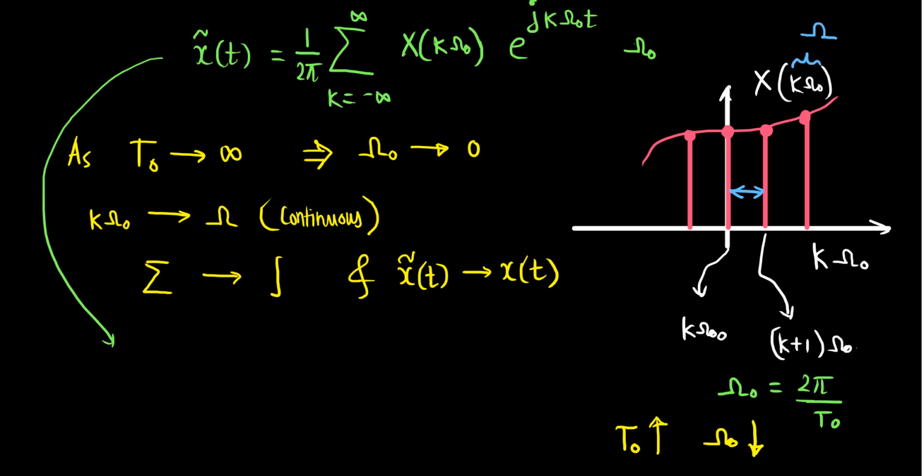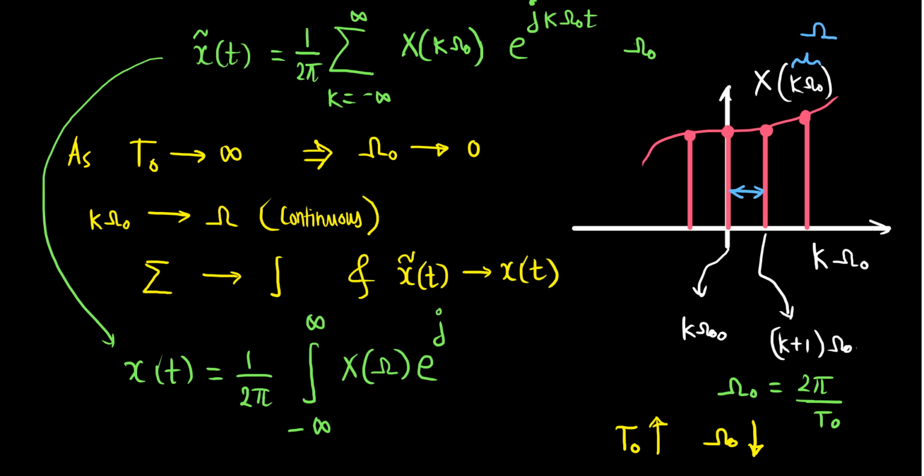So x of t equals 1 upon 2 pi. Now the summation is going towards integration, minus infinite to infinite, capital X of this new continuous variable, let it be omega,